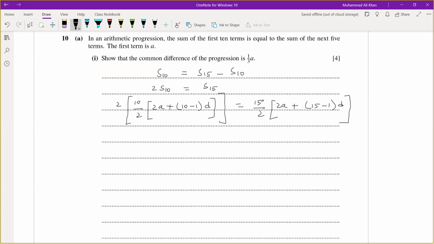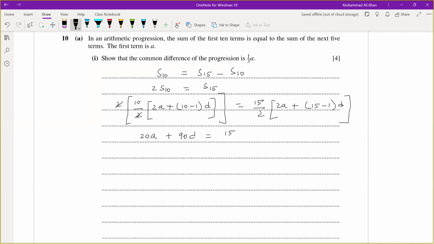Now, 2 and 2 cancel out. 10 multiplied by 2a is 20a. Plus 10 minus 1 is 9. 9 multiplied by 10 is 90d equals